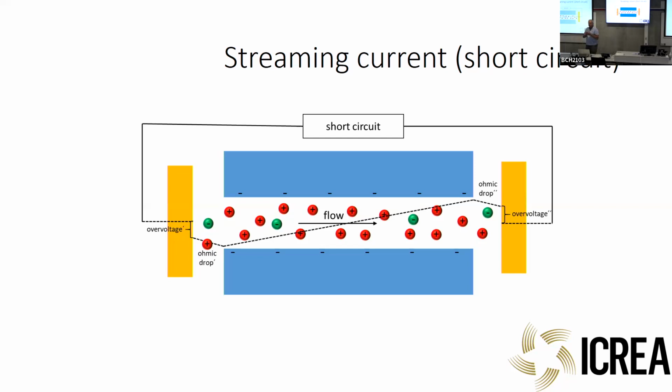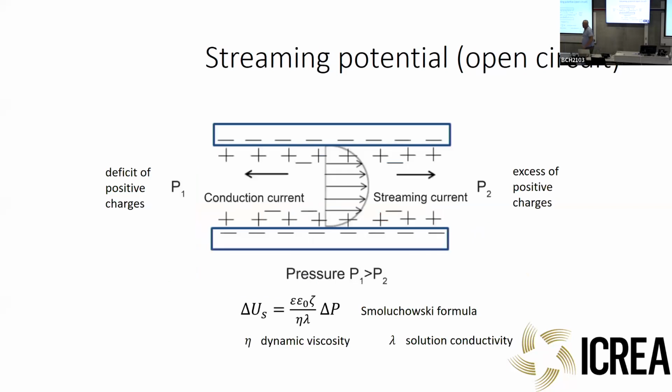It depends. If you have a thick diaphragm, maybe you can do it, but typically people opt for a simple thing, which is called streaming potential. In this case, the external circuit is open, and what happens is shown here schematically. So you have zero current, of course,